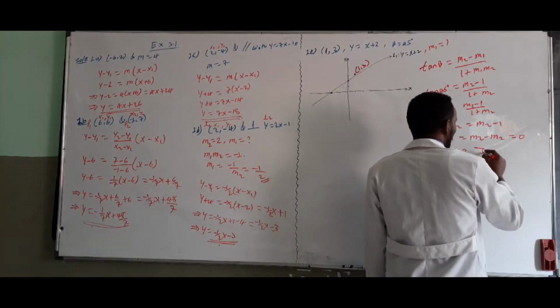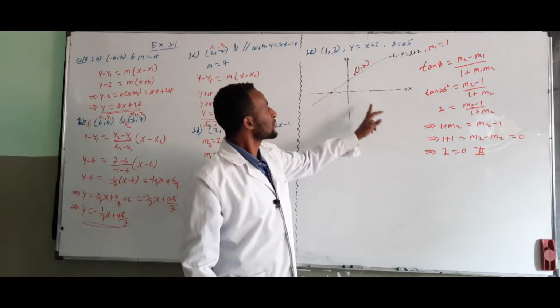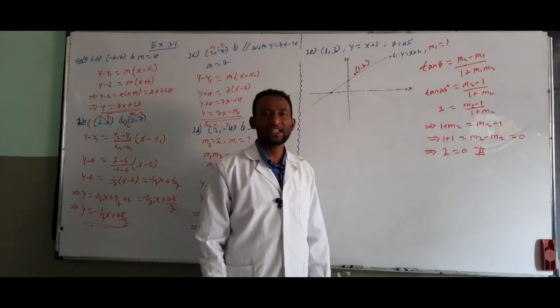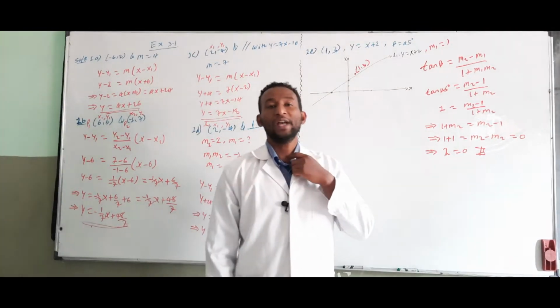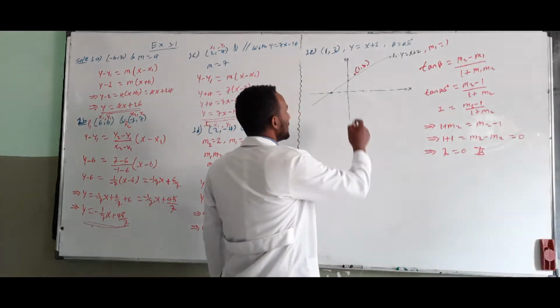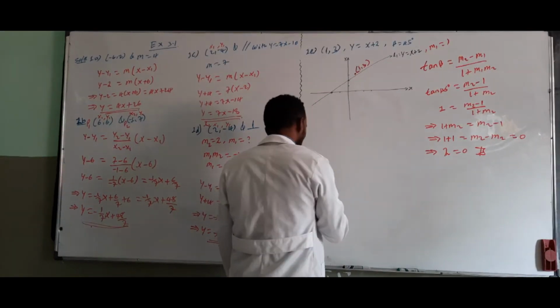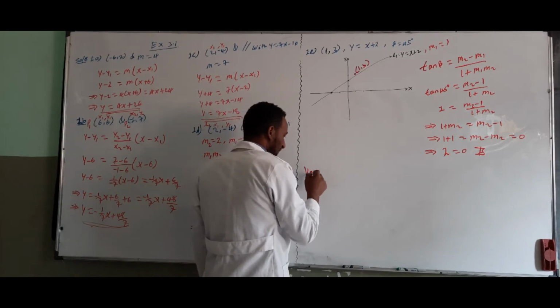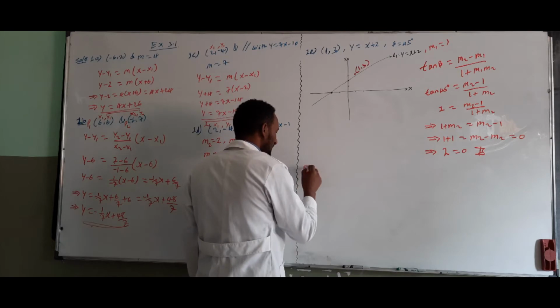This is undefined. Therefore, this line that passes through this point is a vertical line, because a vertical line has no slope. Therefore, this is a vertical line that passes through this point, the equation of a vertical line that passes through